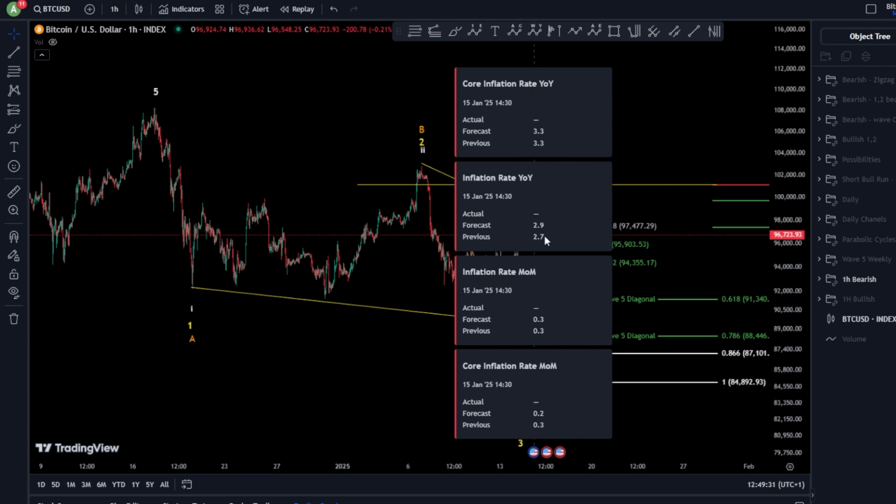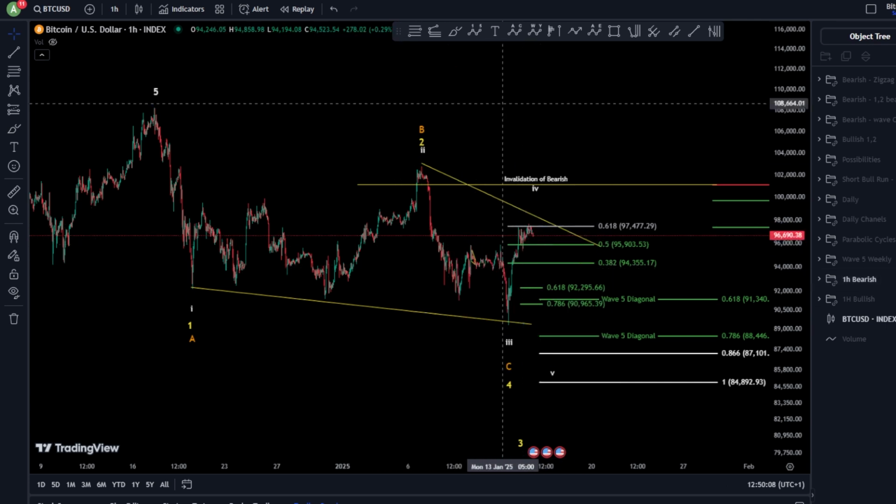It is the inflation rate, and I saw something that I don't like, which is the inflation rate year over year here, and we see the forecast is 2.9. So yeah, that's not good data, meaning the inflation is growing, and these numbers represent everything in our lives except the food and the fuel, which is insane, right? 2.9. If that's the forecast, I hope that the actual will not be right, because this will affect things. Be careful with the trade.